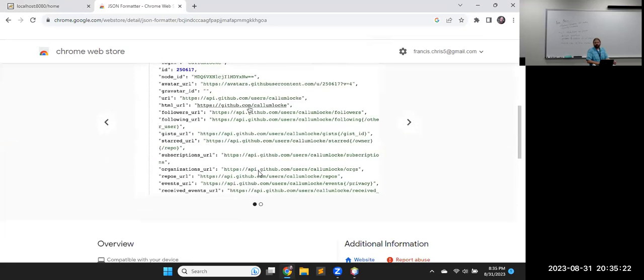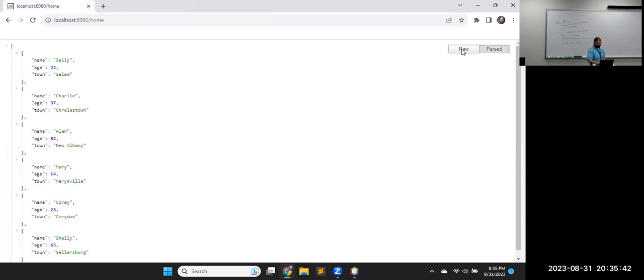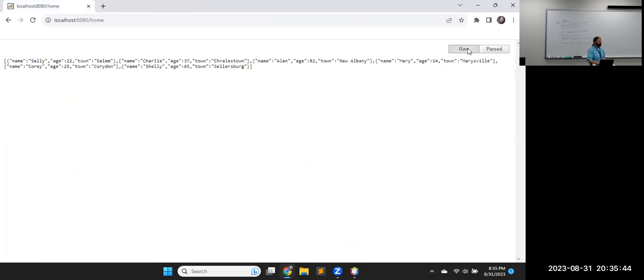If you use other browsers, obviously Mozilla Firefox and every other browser in existence, Safari might not, but almost all of our other browsers have some sort of formatter plugin you can use. Just search for the one appropriate for your computer, because it's kind of hard to read in the raw